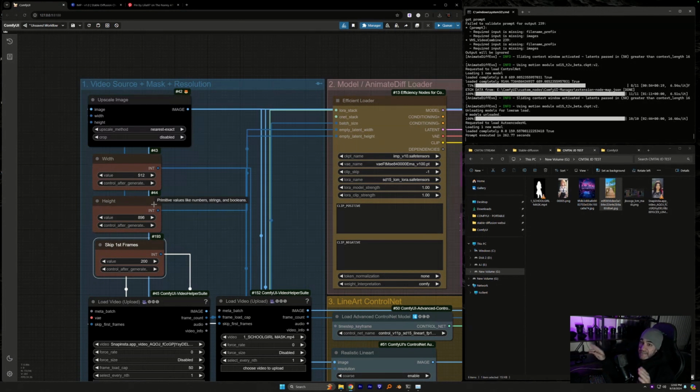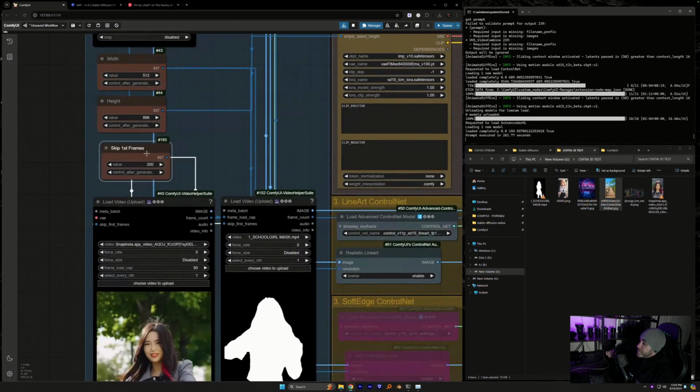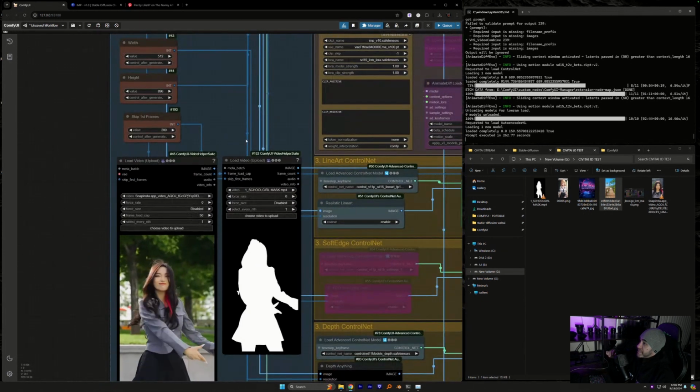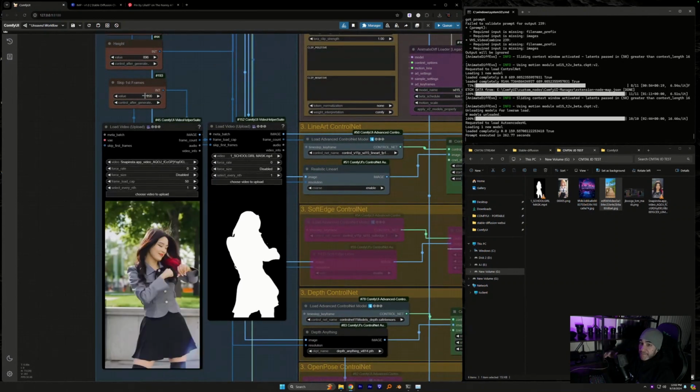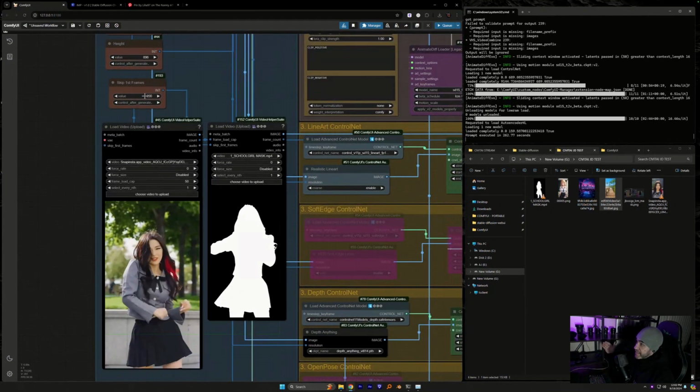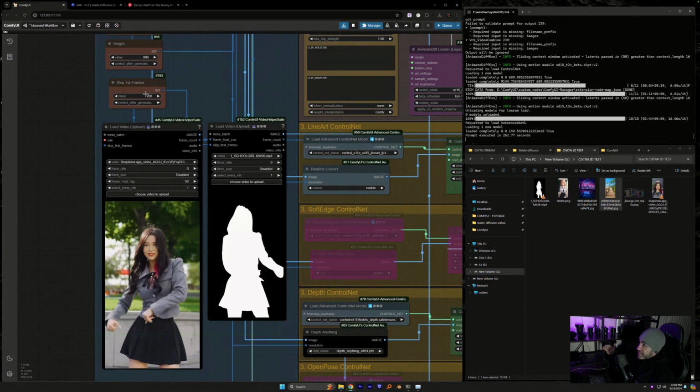There is an upscale in here. So the second pass, if you do upscale it, will come out to 768 by 1344. Not a full 1080, but then you can do some upscaling in Topaz or something and get yourself there. That being said, we have our width and our height. Skip first frames: if you put a number into here, then that is going to skip that many frames at the beginning of the video.